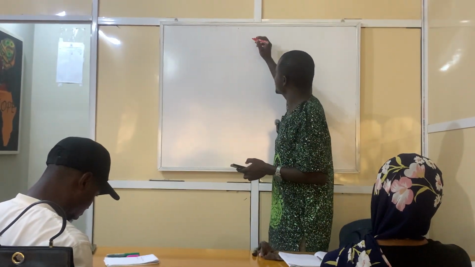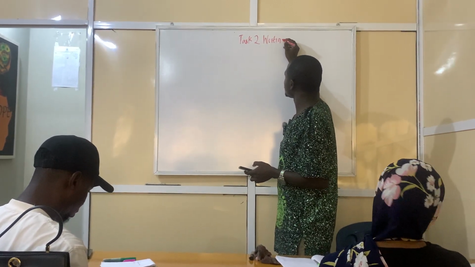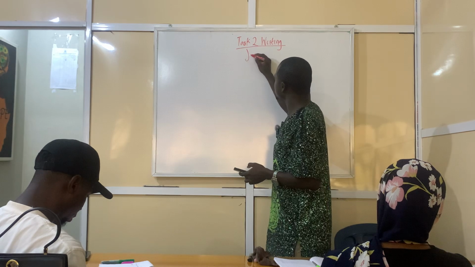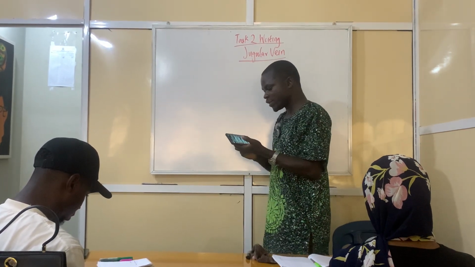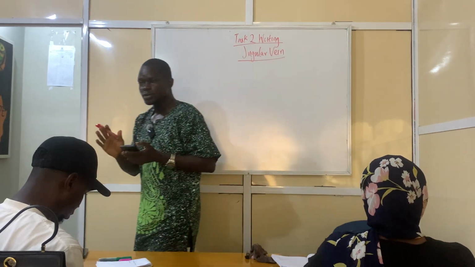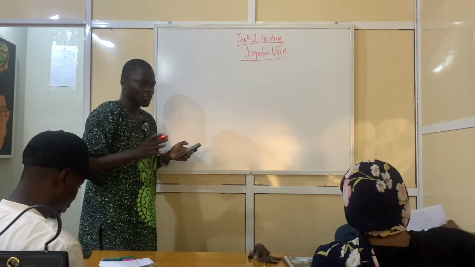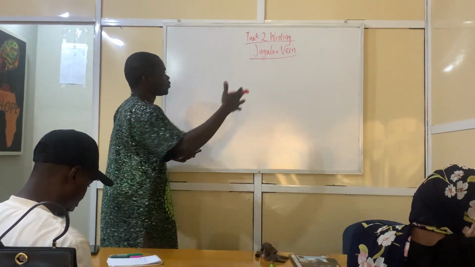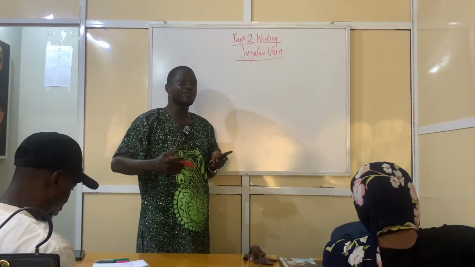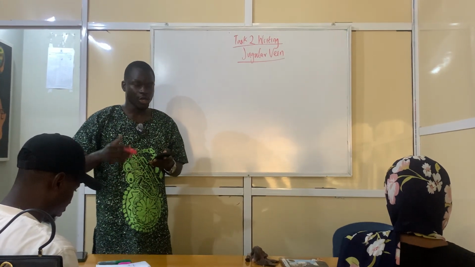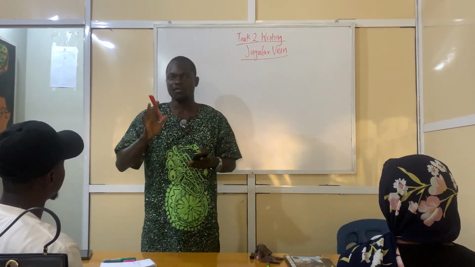But my enclave today is Task 2 writing. So I am going for the jugular vein of Task 2 writing, such that within a very few minutes, not perambulating so much, I could break into the heart of this subject for somebody who is preparing for the exam. So I'm going to be talking about 4 major aspects of writing Task 2